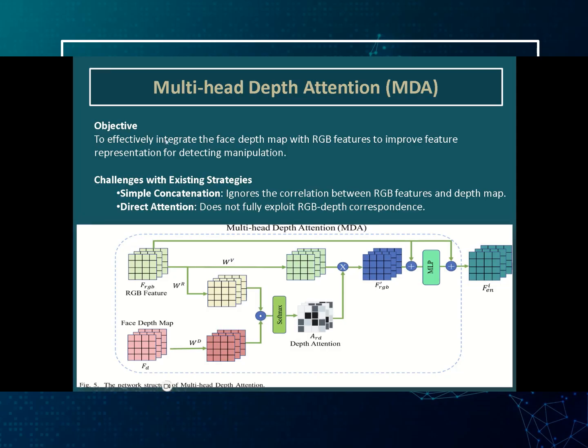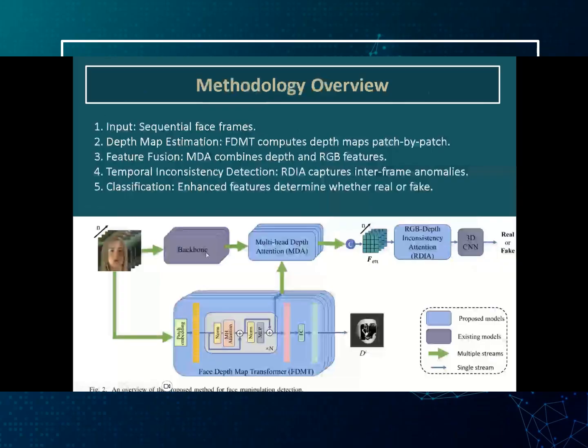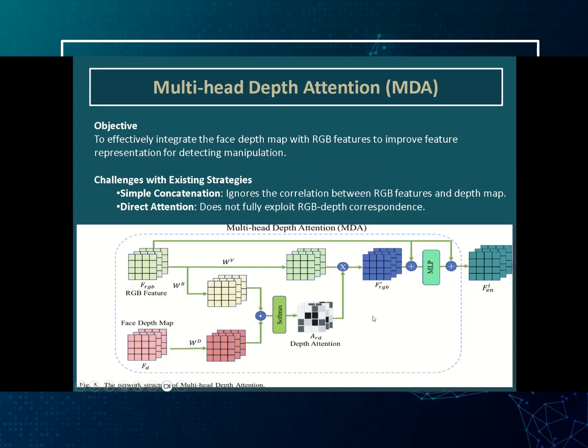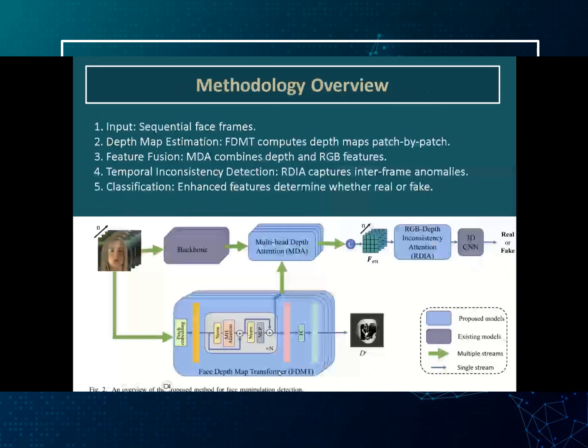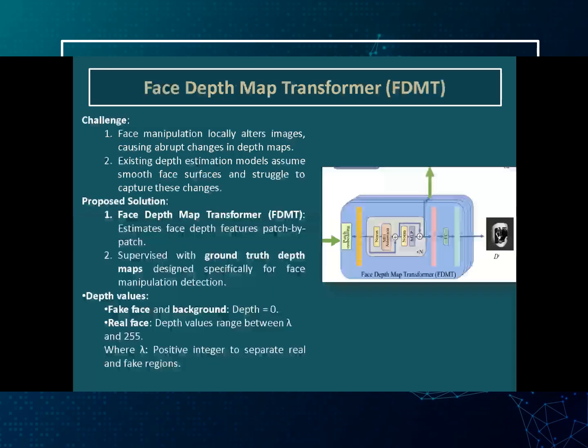Again, the objective is to effectively integrate the face depth map with the RGB feature coming from the backbone, and the depth map coming from the FMDT. We have to see this especially in the face transformers. We are getting the depth map, and in the backbone we are getting the RGB feature. So what they are doing here,